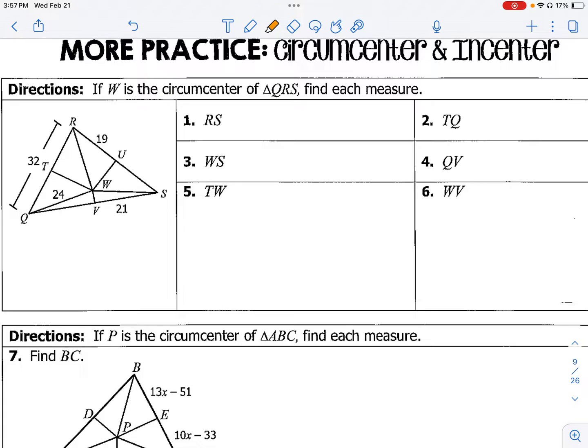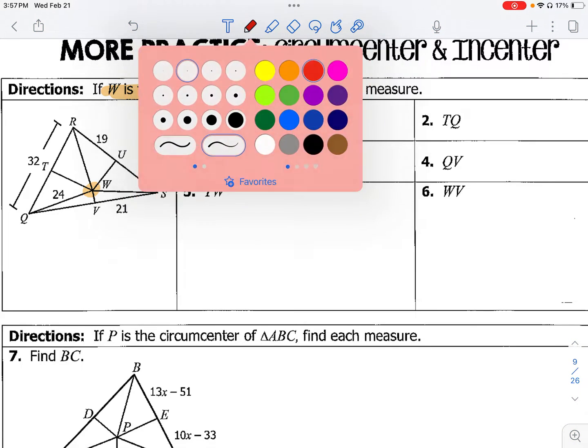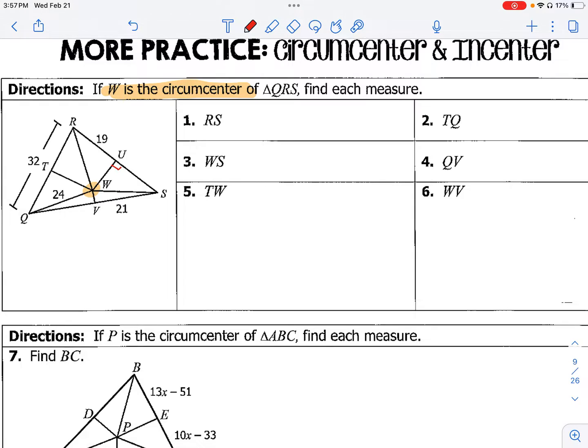So if point W here is the circumcenter of our triangle, then we're going to find each measure based on that information. So here we know it's made up of perpendicular bisectors. So here, at point U, at point V, and at point T, they meet those sides at a 90-degree angle. So if we want to find